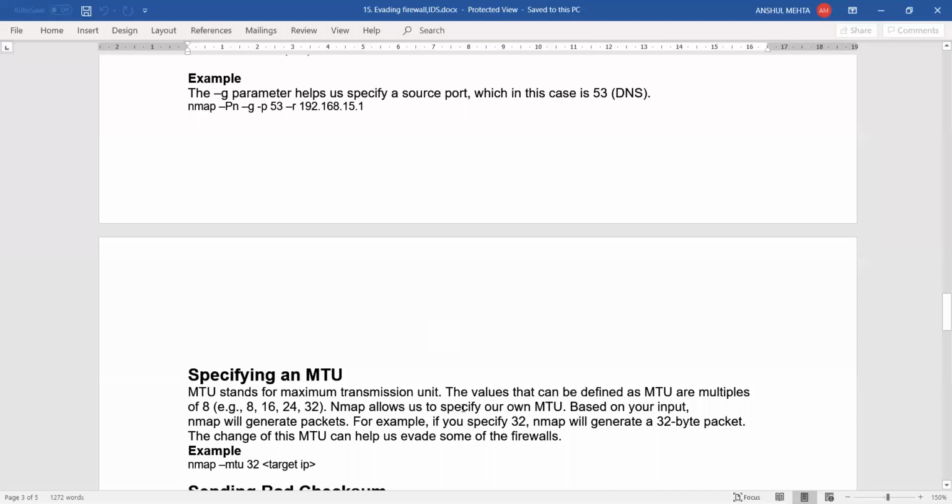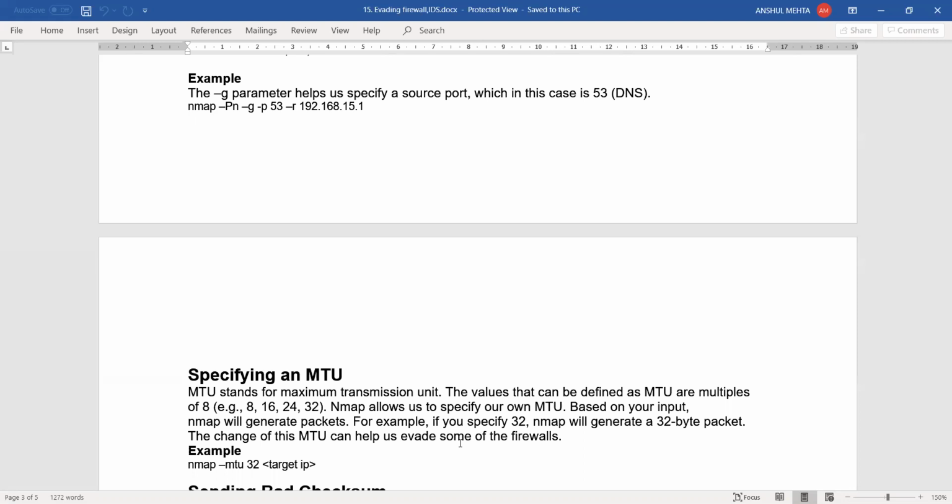Now you can keep changing this and try to see whether the target is allowing packets with random sizes or not, because sometimes firewalls may be configured to only block packets of particular sizes, but they may allow packets sized differently.